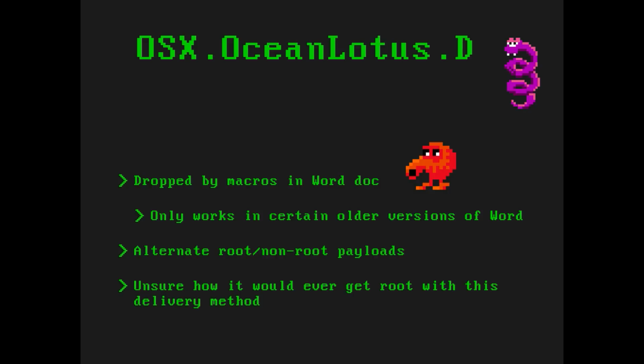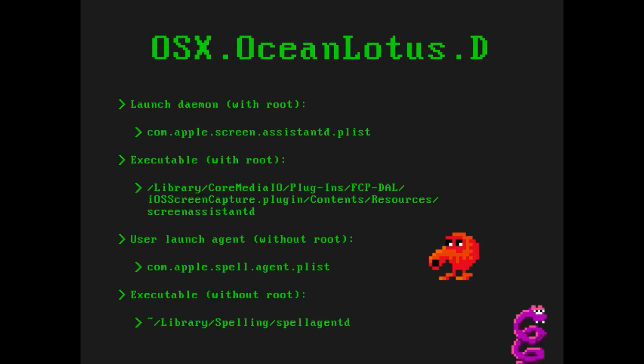Interestingly, there were alternate root and non-root payloads. Now, I have no idea how you would get the root payload. I don't know how you would get root access with this particular delivery mechanism. We couldn't duplicate that, but I know the malware had a capability to drop a root payload. So here's what it actually dropped. If you're looking at root access, however it might have gotten it, maybe the user was running as root, had enabled the root user and was opening Word documents in the root user. I don't know. It would drop a launch daemon,